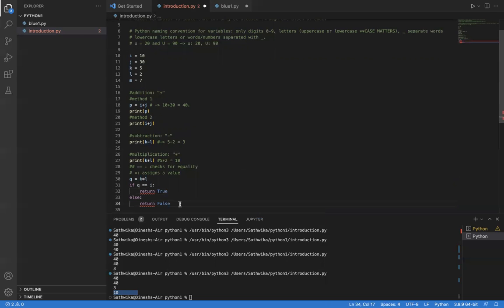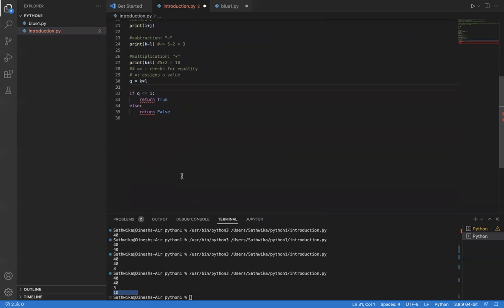Okay, so notice how it's giving me an error. This is because I didn't write a function. The return keyword can only be used within a function. So let me just write a quick function. This is an introduction into the next video. So let's say we have def check underscore